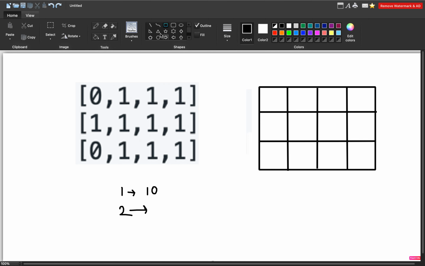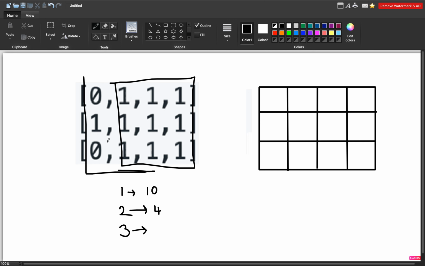So 4 matrices are possible when the side is 2 units, and if the side is 3 units, this is the only possibility we see. None else is possible. This is not possible since it contains 0, so we won't consider this case.